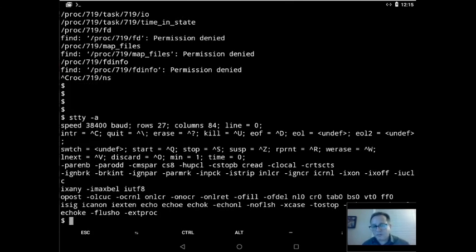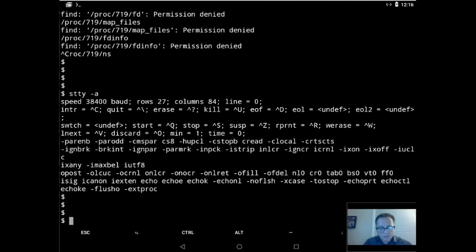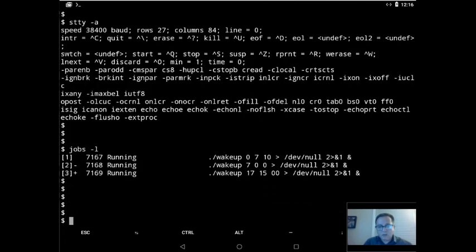This is the kind of thing. The rest is like modem configuration: parity enable, parity odd, character size, hang up process on carrier lost. The HUPCL could be interesting. When there is a minus, it's disabled. But if there is no minus, every time you lose your session, every background process is going to receive a hang up signal. By the way, the signals, if I'm doing jobs -l, I can send signal -15 to my PID